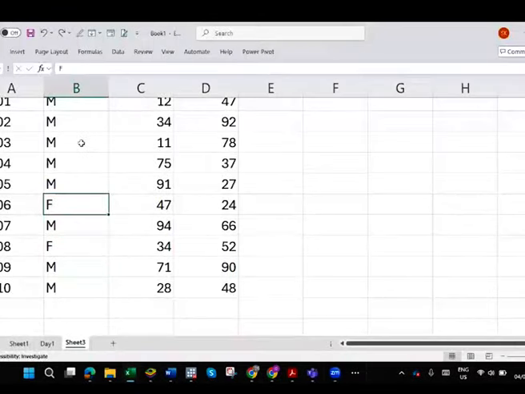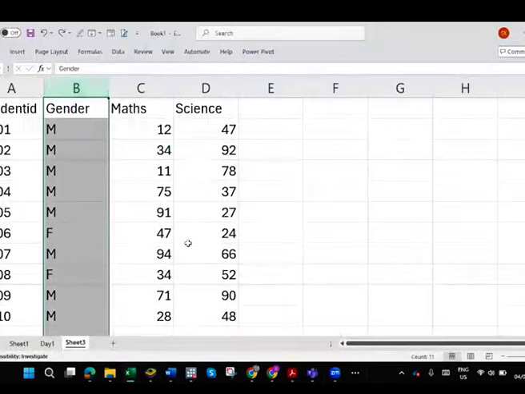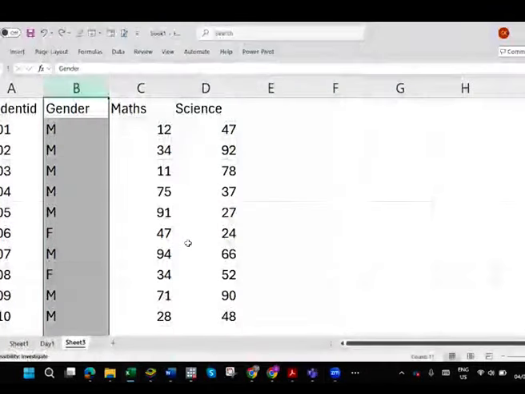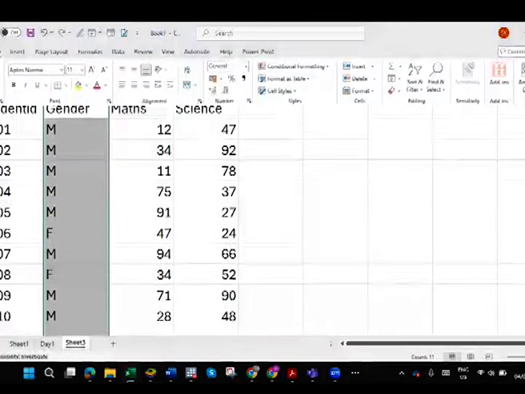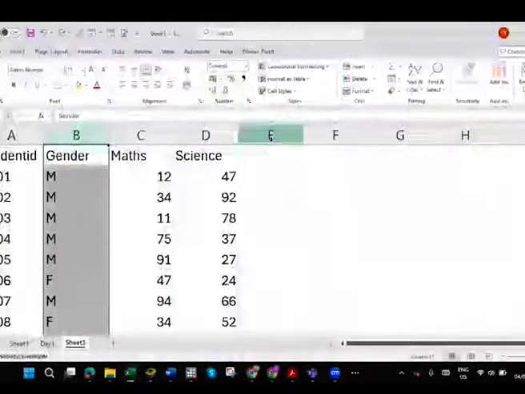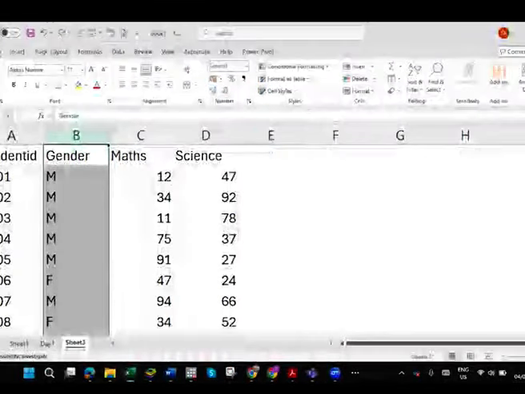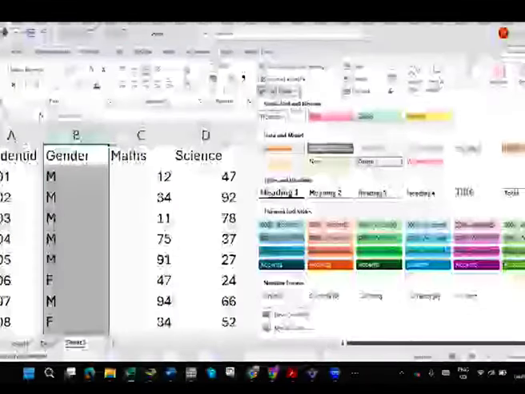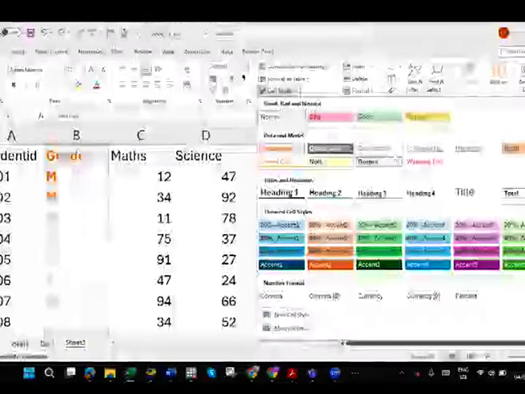Let me just remove my formatting. So for example, if I want to highlight the females, all I have to do is just highlight the particular column of interest and then go to cell formatting, and we can have the basic cell formatting, the formatting styles that we normally have. Okay, these are just basics,